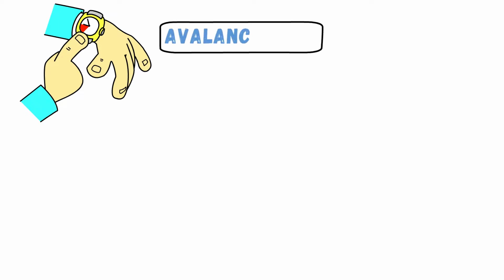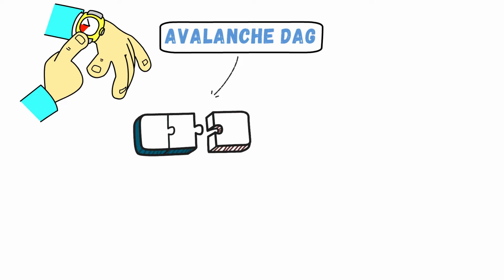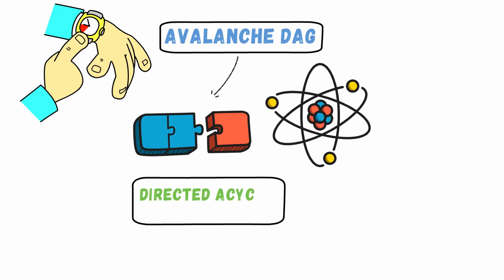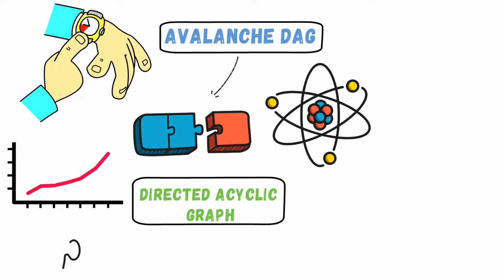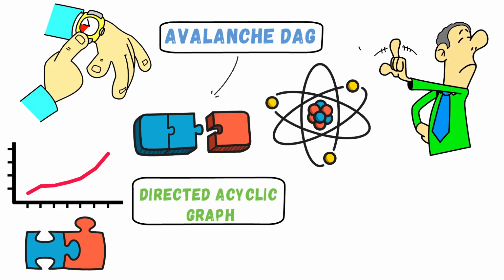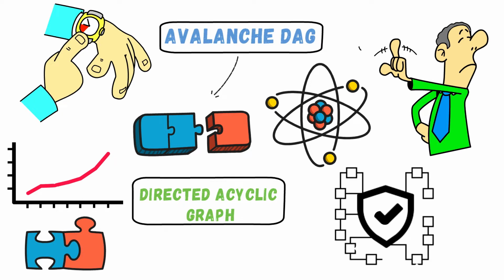However, in the case of Avalanche DAG, the blocks are not added to the chain one after another, but they are added in a pattern. In other words, Avalanche is basically not a blockchain, but a directed acyclic graph, DAG. In a DAG protocol, the transactions are linked to one another in a graphical shape, in which the system can add 2 or 3 transactions in parallel. The transactions in this system do not need to wait for the prior transactions to be approved. This allows the protocol to make multiple viable blockchains in parallel, which makes the protocol highly scalable.